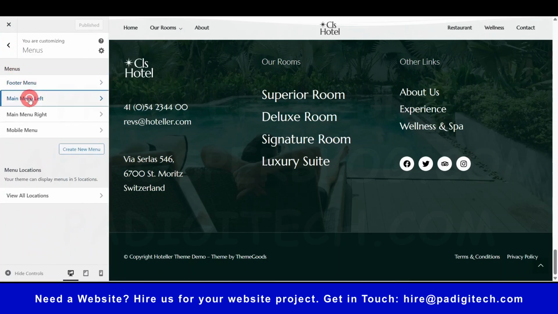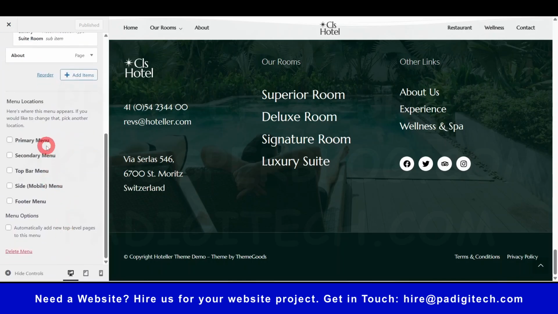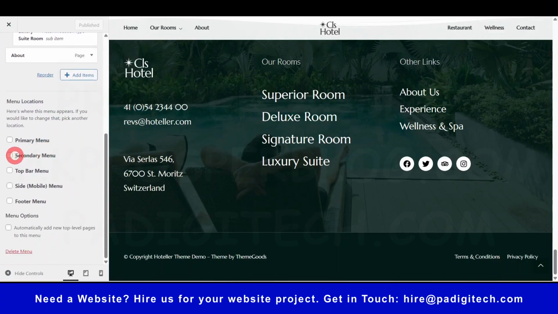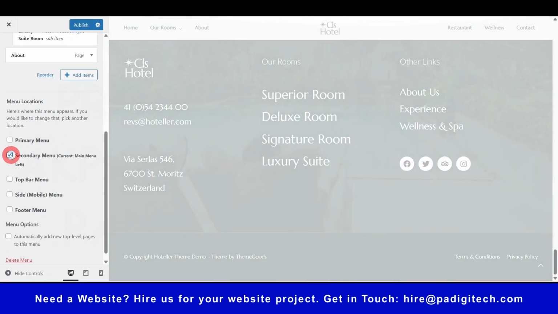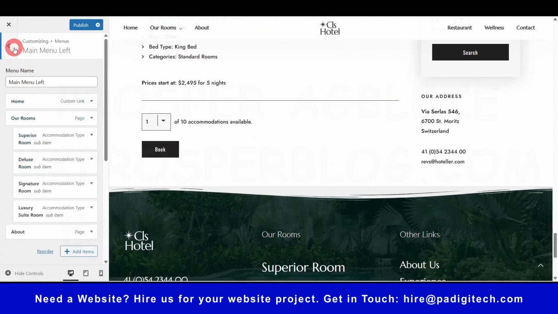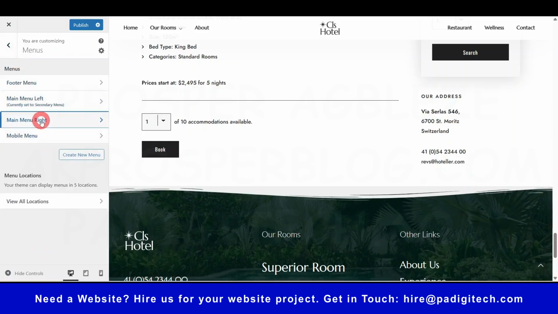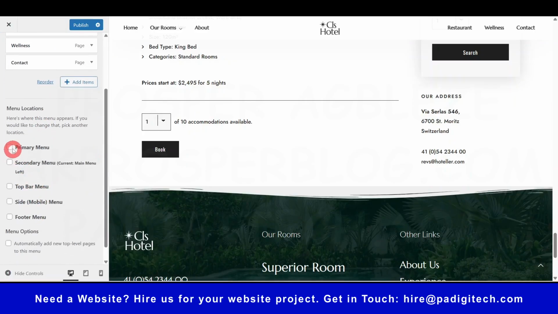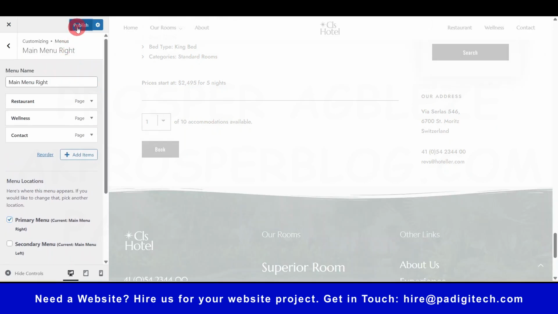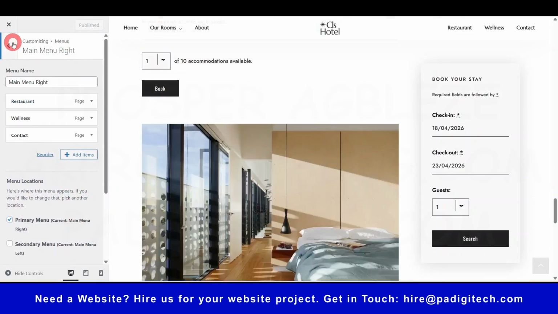Then your main menu left, wherever you want it to appear. But then we've already done that under header itself. Okay, but you can also do it here. This is for main menu left. We want it to be, maybe that should be the secondary menu. And then we also have the main menu right. So I think that should be the primary menu. Okay, right. So just go ahead and publish this so far. So away from that,